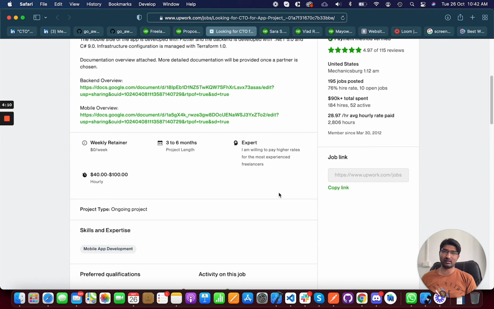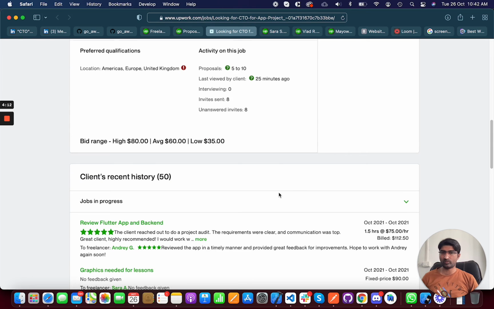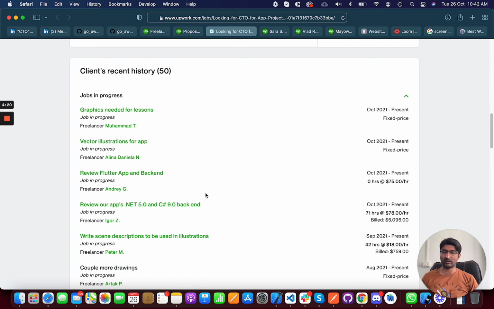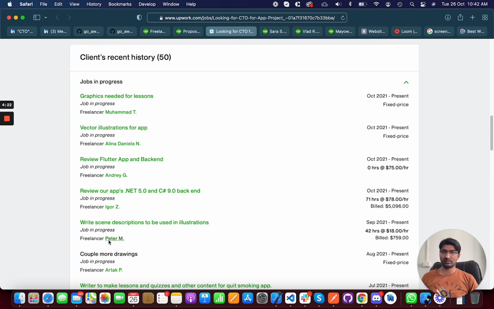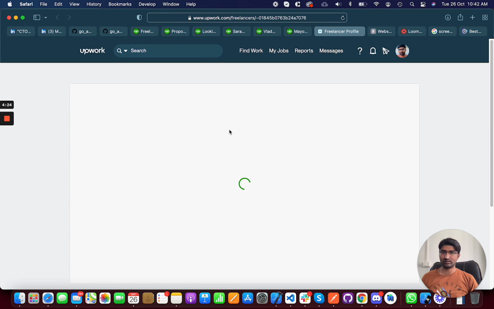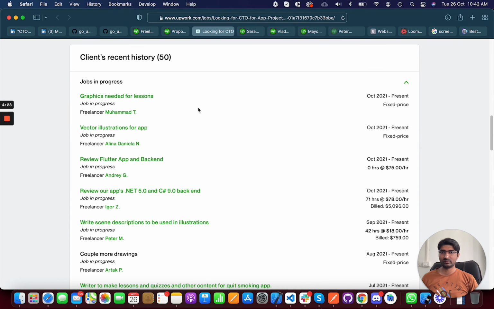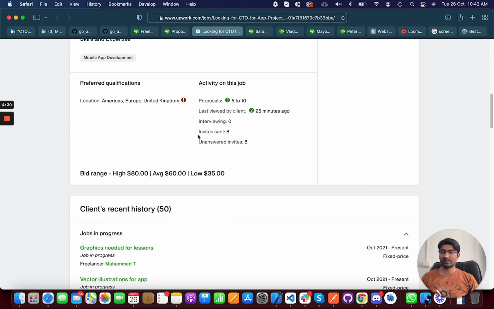I can get an idea from that job history. In the in-progress jobs too, we can see the client has not hired any Indian freelancer. Here you can see something like Kenya or a similar country. So I can get the idea that the client is only interested in other countries, not in India.